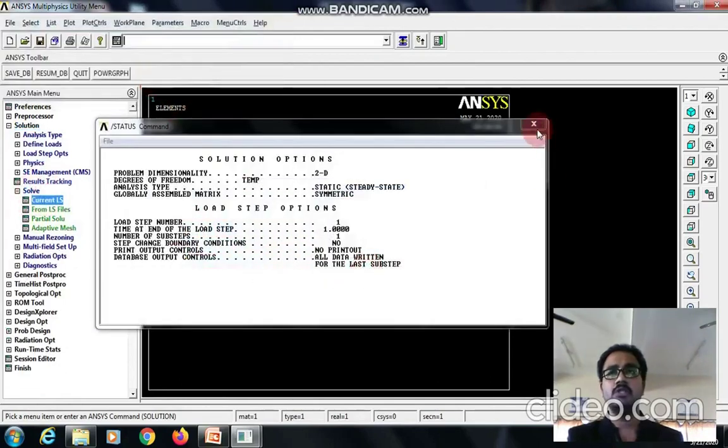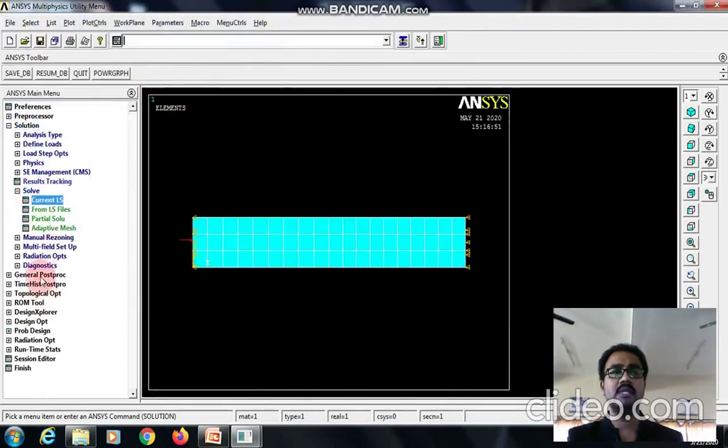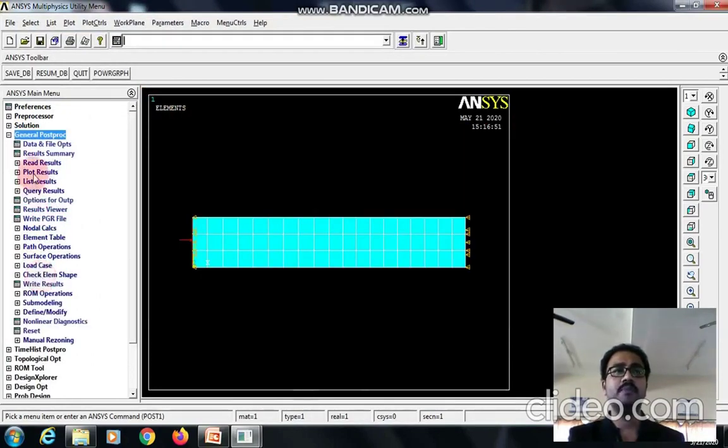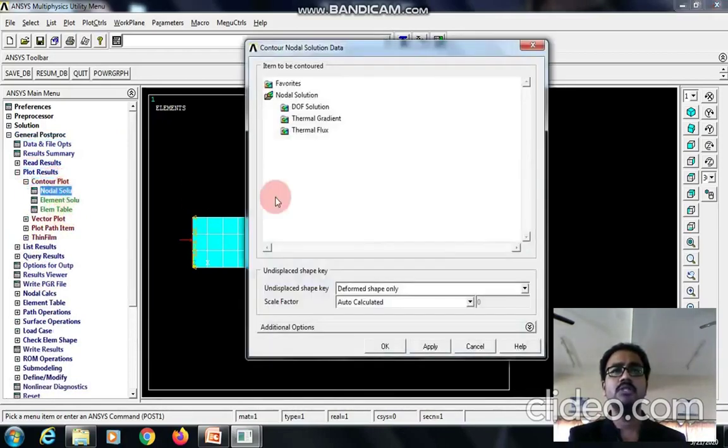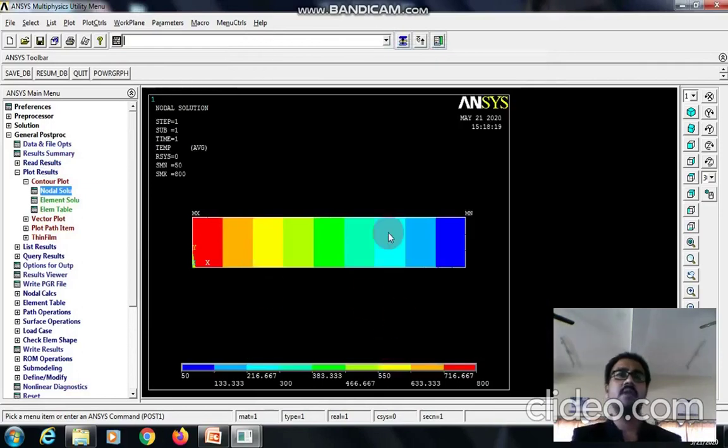Solution is done. So how to view the results? We'll go to general postprocessor, plot results, contour plot, nodal solution, nodal temperature, and here we are able to see the different color bands showing a reduction of temperature from the higher temperature to the lower temperature.